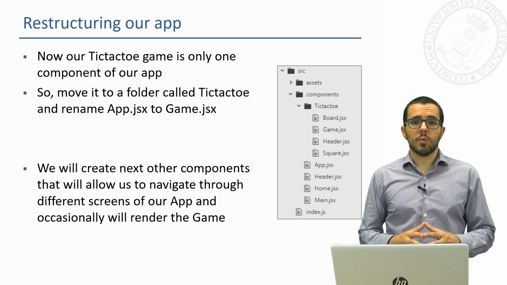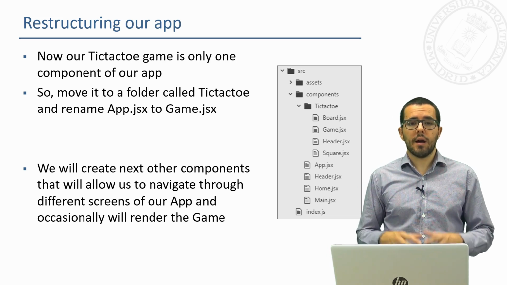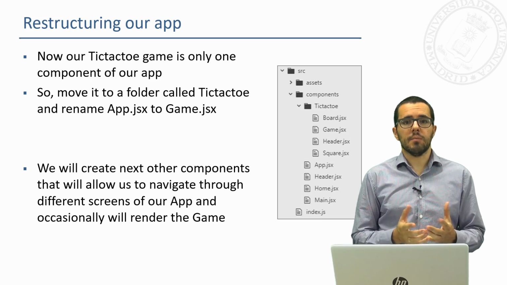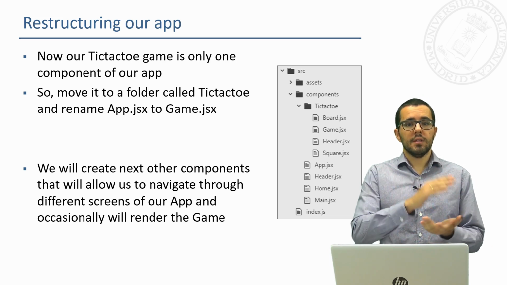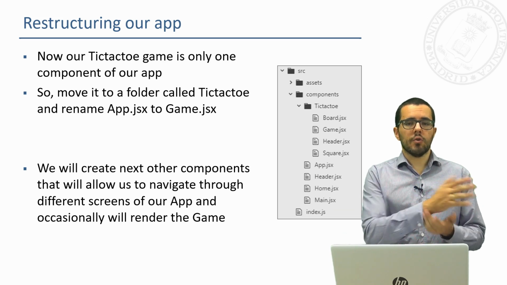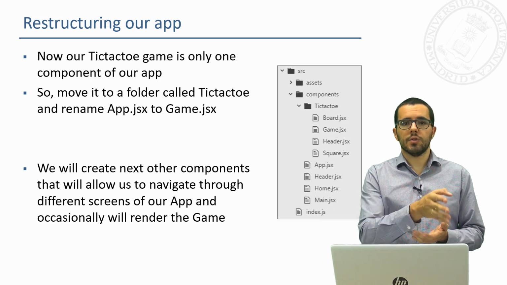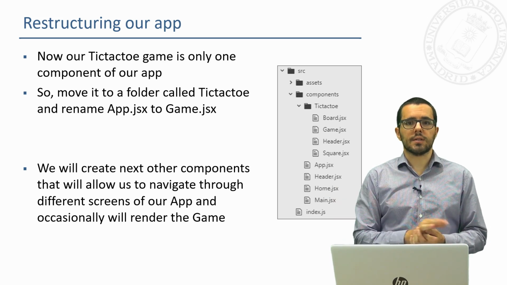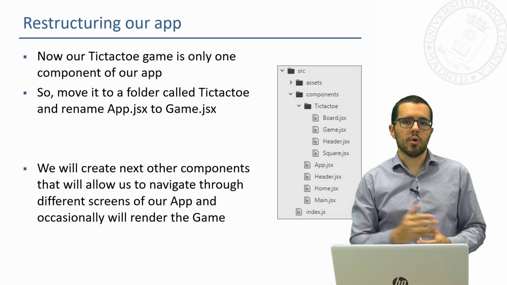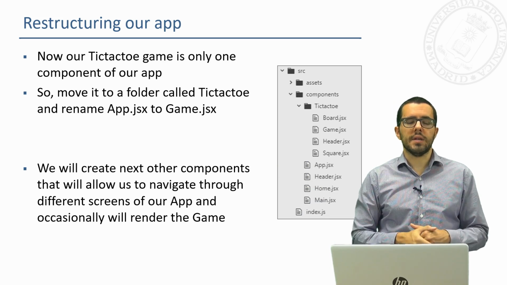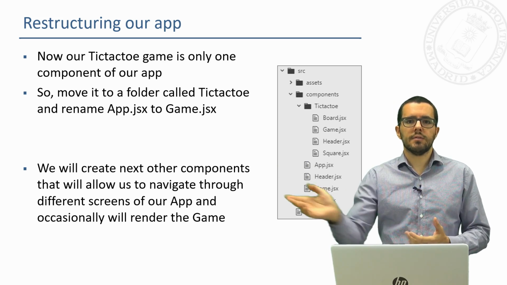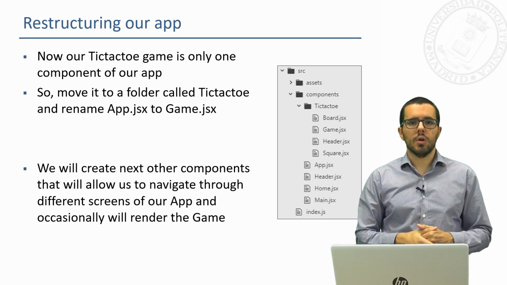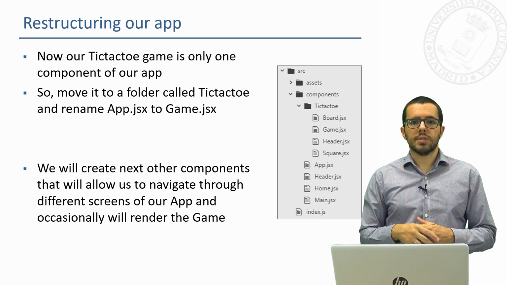The first thing that we will have to do is to restructure our app. Up to now, the tic-tac-toe was the whole application, but now we will have different routing, one for the front page, another for the tic-tac-toe but with special params, and another one to continue the tic-tac-toe, and in the future maybe even more. For example, if you have a mini-game page, you will have different possibilities, different games all over your single page application.